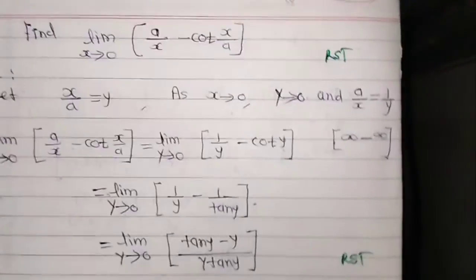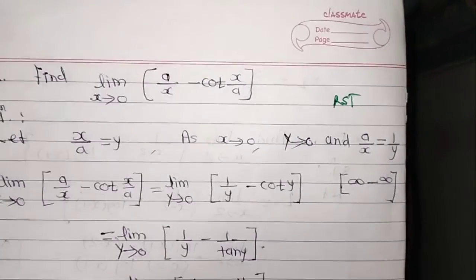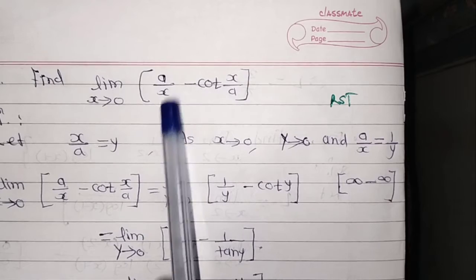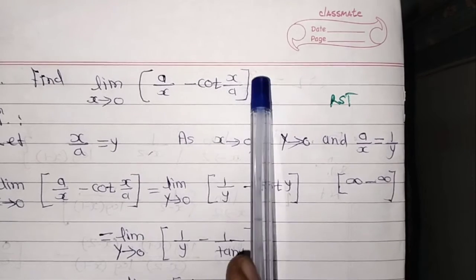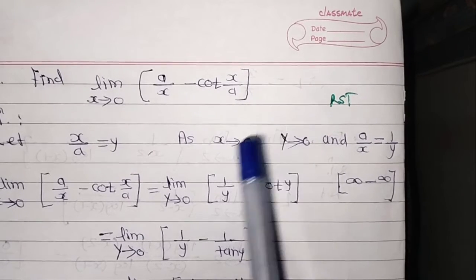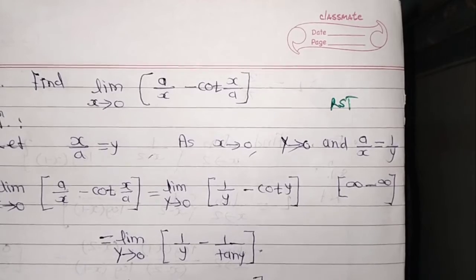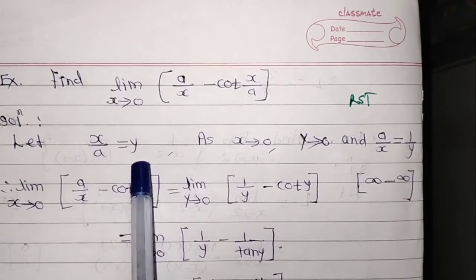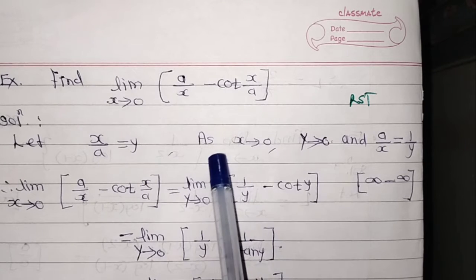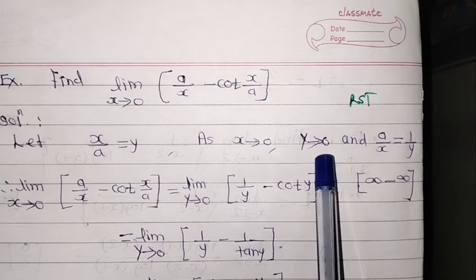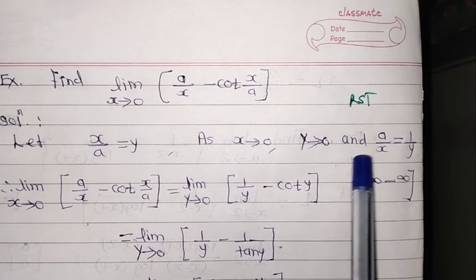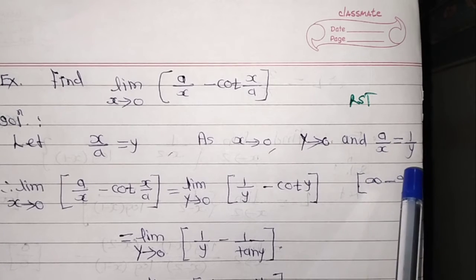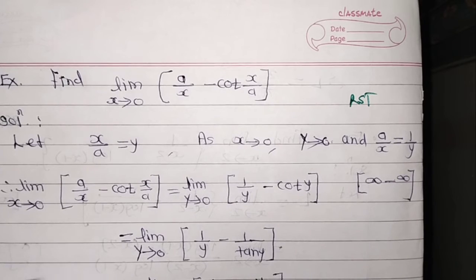Now consider another example. Find limit x tends to 0 of in bracket a upon x minus cot of x upon a, bracket complete. Let us consider the solution of this example. Let x upon a equal to y. As x tends to 0, y tends to 0, and a upon x equal to 1 upon y. Hence limit x tends to 0